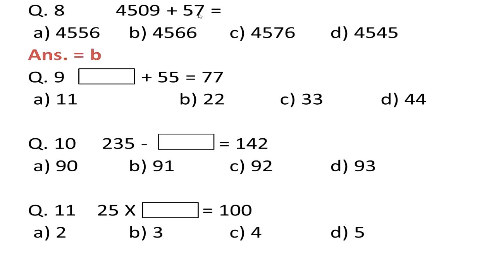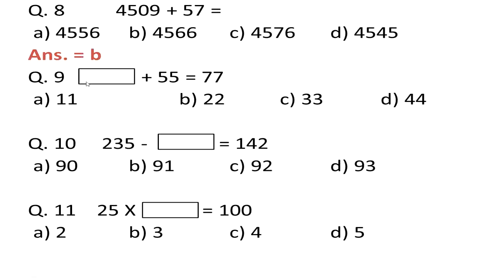So first we can find easily 9 plus 7 or 7 plus 9 is equal to 16. When we see the options, option A, B and C have unit place value 6. So again we can carry out the addition of 5 plus 0, that is 5, and carry 1, that is 6. So the answer is 66, 4566, option number B.